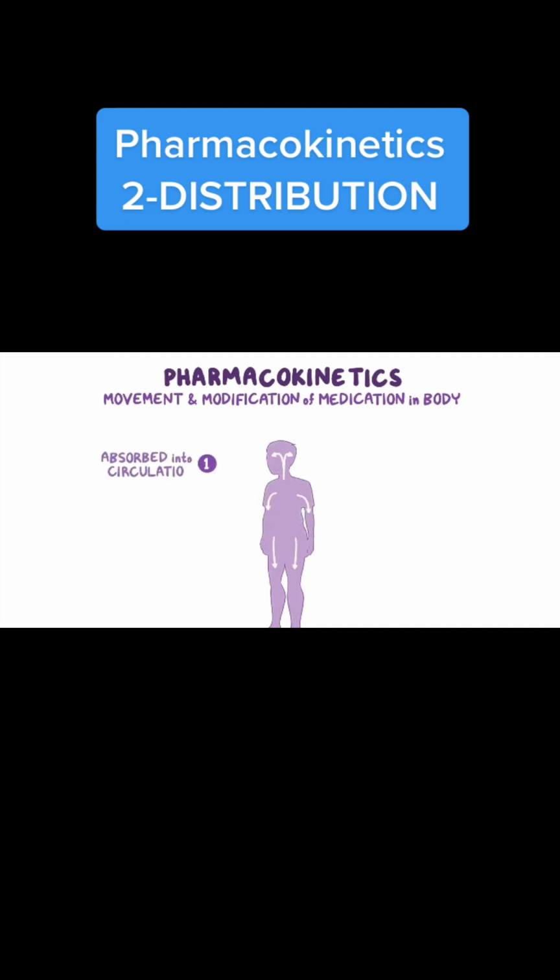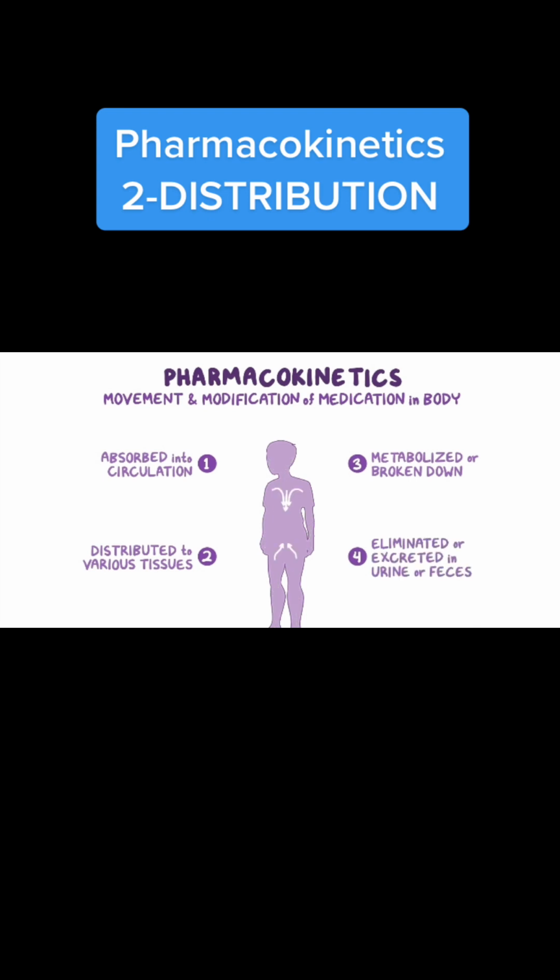Pharmacokinetics refers to the movement and modification of a medication inside the body. Once a medication is administered, it first has to be absorbed into the circulation, then distributed to various tissues throughout the body, metabolized or broken down, and finally eliminated or excreted in the urine or feces. This process can be broken down into 4 components with the acronym ADME, which stands for absorption, distribution, metabolism, and